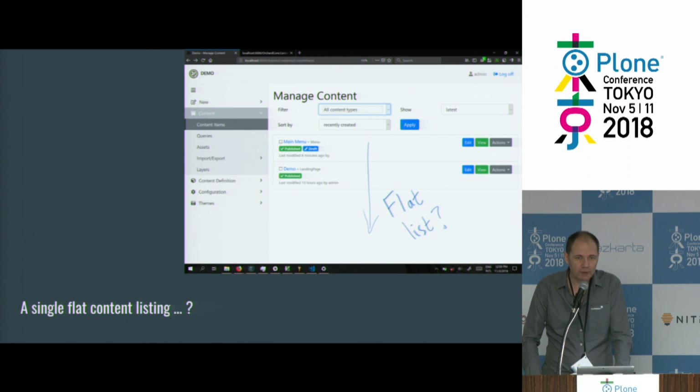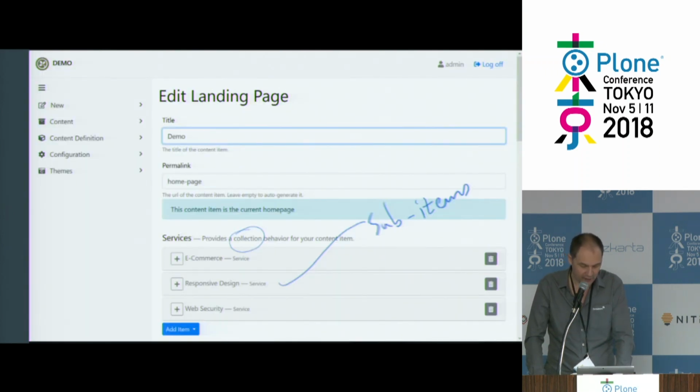Orchard reminded me a bit of WordPress in the sense that in the admin, you go to the content listing and then you get a listing of content items. And compared to Plone, this felt very backwards to me. In Plone, we've got a hierarchical tree of folders. You can organize the content much nicer than sticking everything in a flat list. But it turns out that this isn't really what you get there, because in Orchard Core,